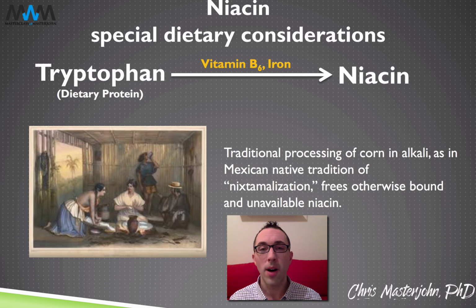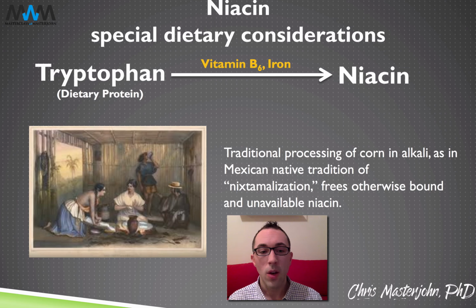However, there are a few possible causes. First of all, when we make niacin, we do so by taking tryptophan, an amino acid found in dietary protein. With the help of vitamin B6 and iron, we make niacin. So, if we're anemic, or we're deficient in vitamin B6, or we're deficient in protein, that's going to set the stage for niacin deficiency. However, even still, we're going to have one of those things plus a very low intake